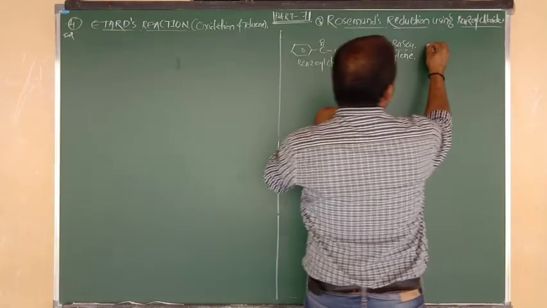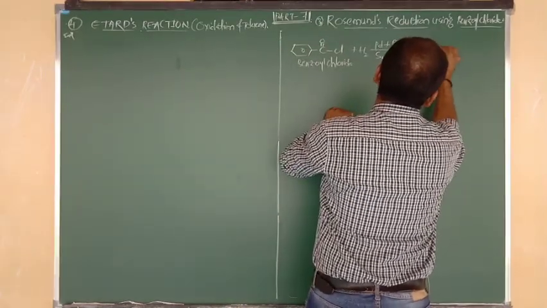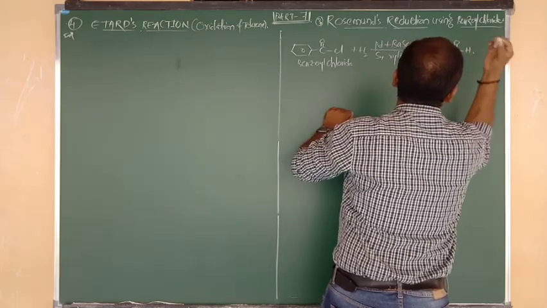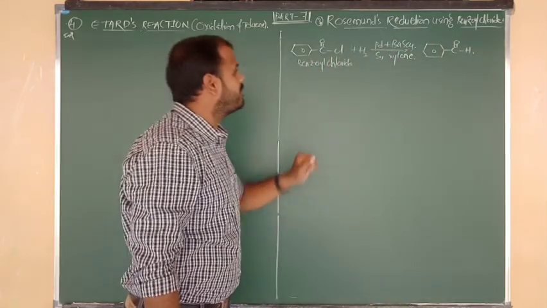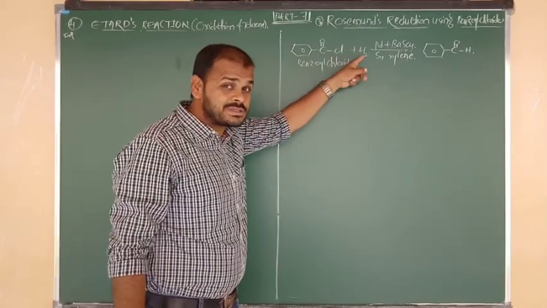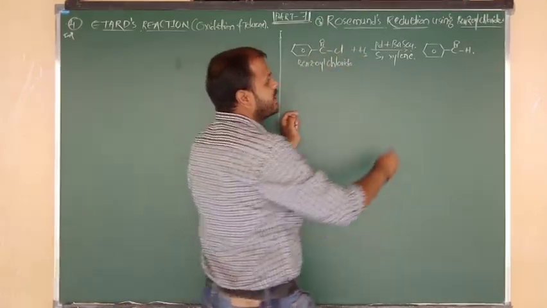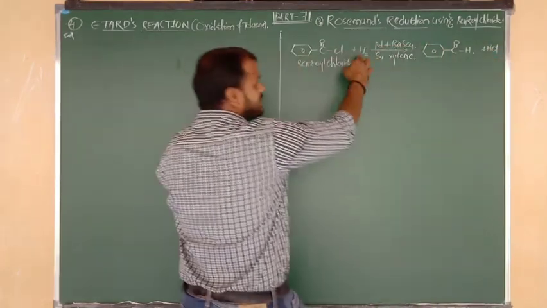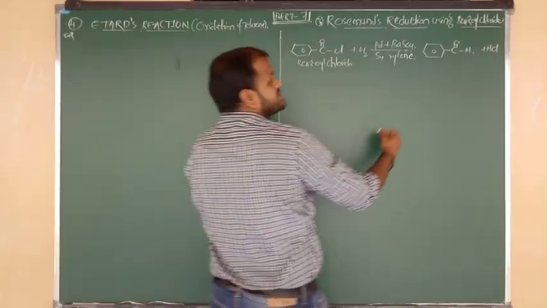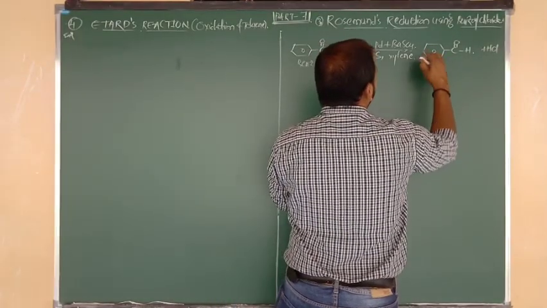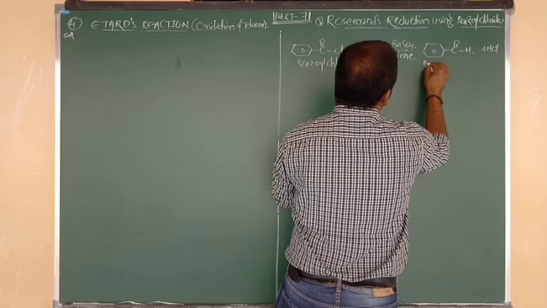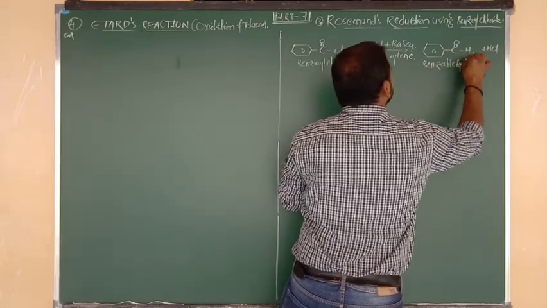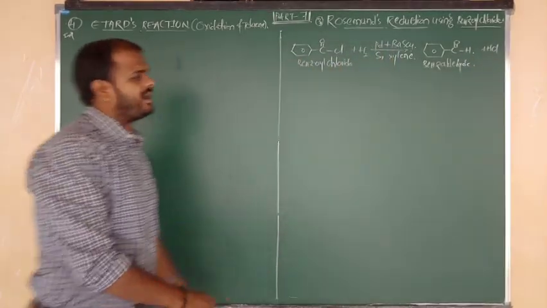So benzoyl chloride on reduction with palladium plus barium sulfate in presence of quinoline and traces of sulfur gives the product, which is nothing but the aromatic aldehyde. What is meant by aromatic aldehyde? Benzaldehyde. Benzene bonded to C double bond OH. Because here we are providing 2 hydrogen atoms. One H comes with Cl and is eliminated in the form of HCl. The remaining H replaces the Cl. So this is your aromatic aldehyde. What is the name of this aromatic aldehyde? Benzaldehyde. Yes, this is your product.